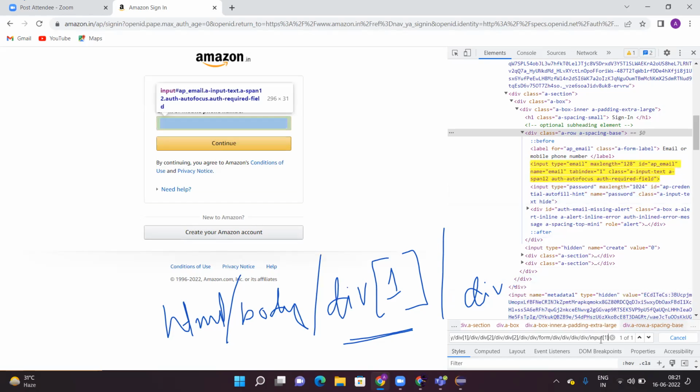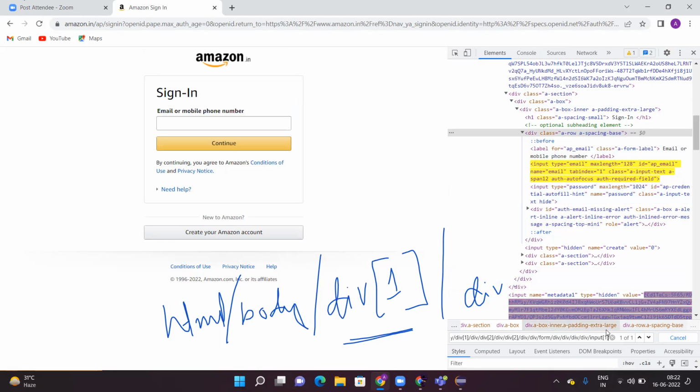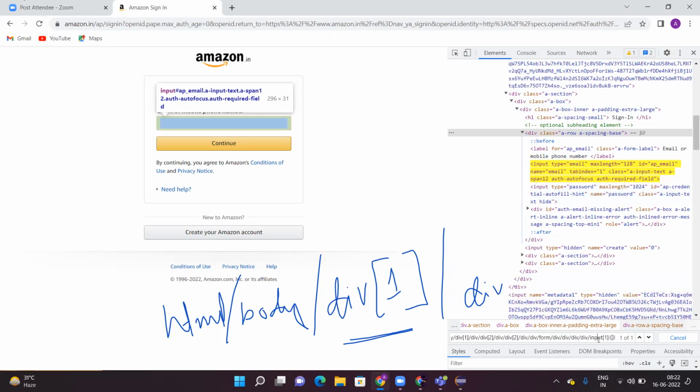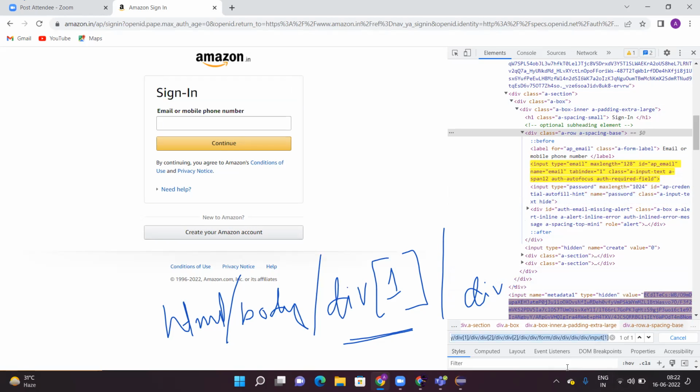So I gave it at the last input one. Now it's saying one of one. That means it's unique. In the total DOM, there is only one match for this XPath, and if you press enter, it gets selected there. So I came to the text box. Okay. So this total thing, Control A, Control C,